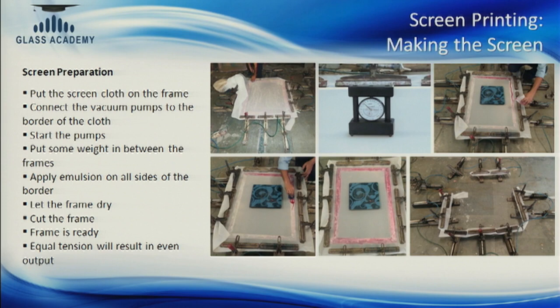And what we've used is a series of pistons which will stretch the fabric or the mesh in such a way that there is even distribution of tension on the glass, and this will result in an equal opening area all across the frame. If the opening area of the frame is not the same across the length and the width of the frame, you will have more and less ink deposition on different areas.